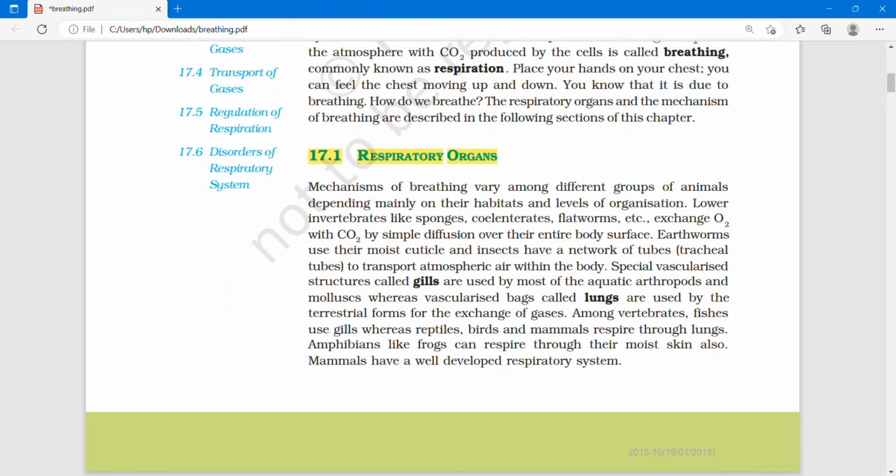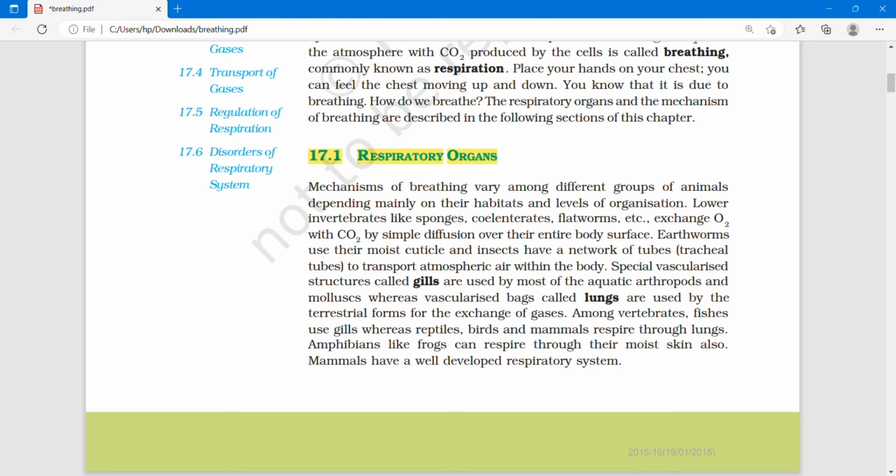Mechanism of breathing vary among different groups of animal depending mainly on their habitats and level of organization. Lower invertebrates like sponges, coelenterates, flatworms, etc. exchange O2 with CO2 by simple diffusion over their entire body surface. Earthworms use their moist cuticle and insects have a network of tubes, that is tracheal tubes, to transport atmospheric